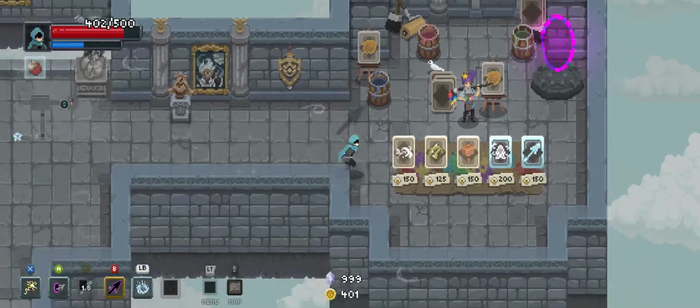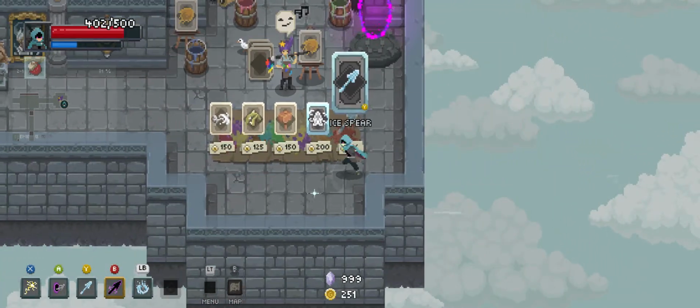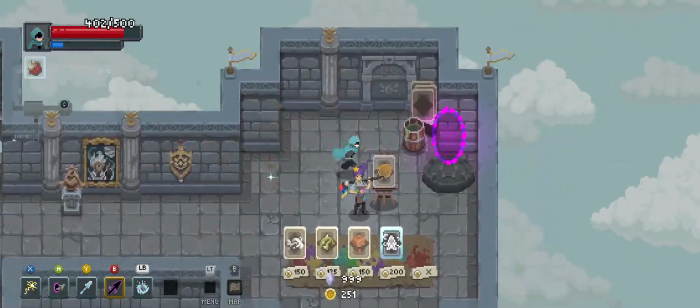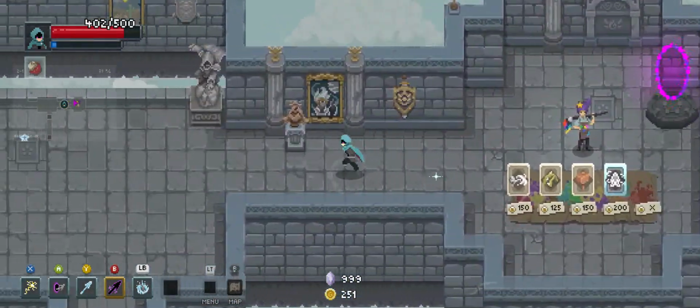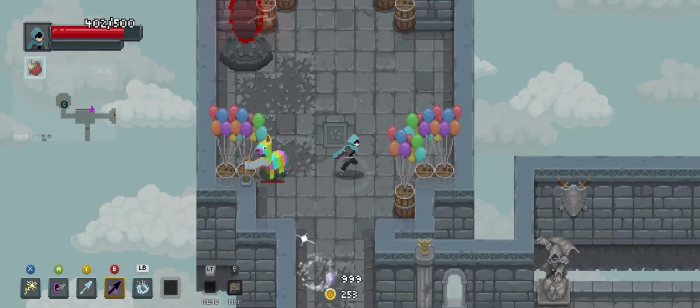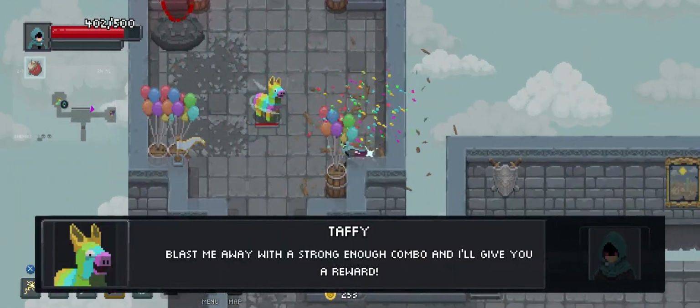Alright, there's our Ice Spear upgrade. Perfect. And I see Rushing Typhoon here. That looks nice, but not 100% on it. Let's just keep waiting. Right now, I'm honestly almost a little more interested in...